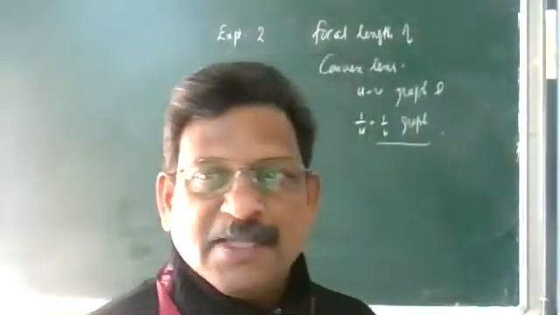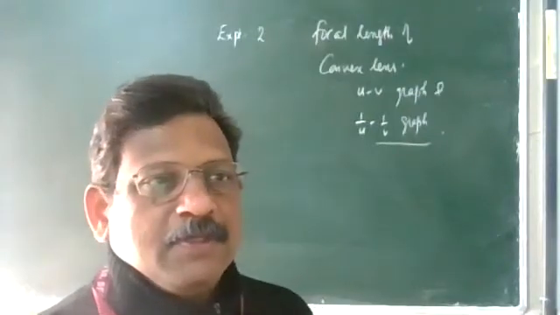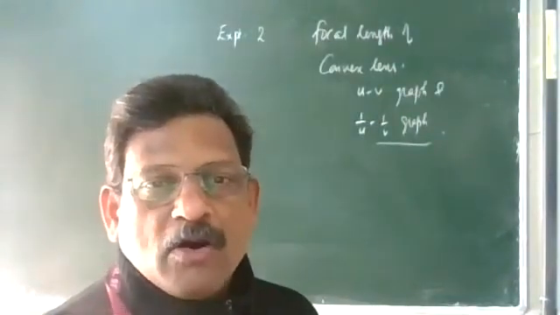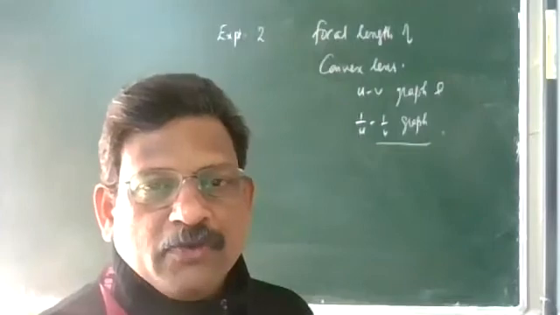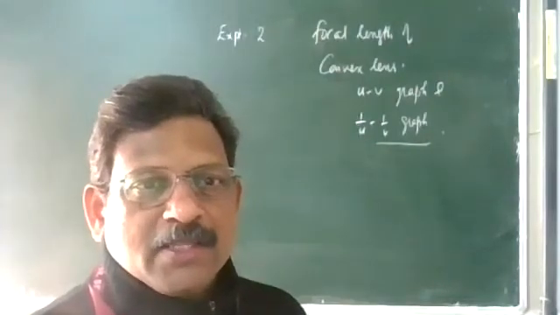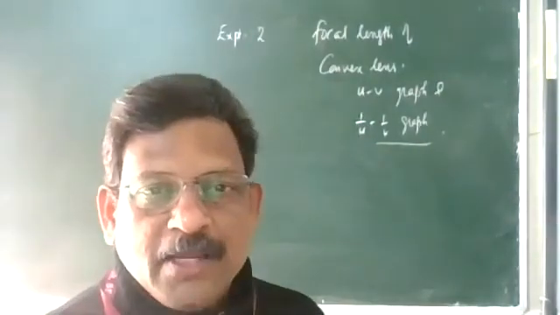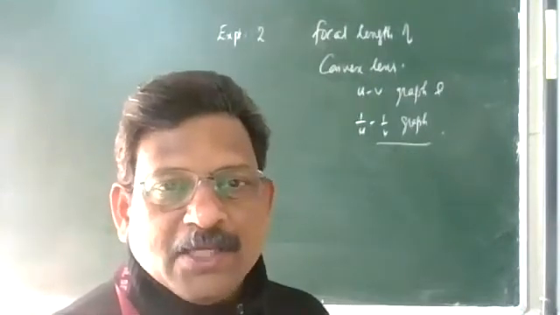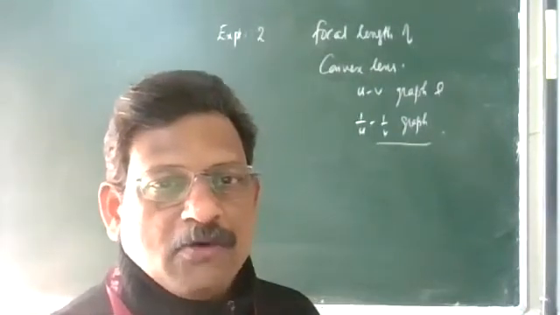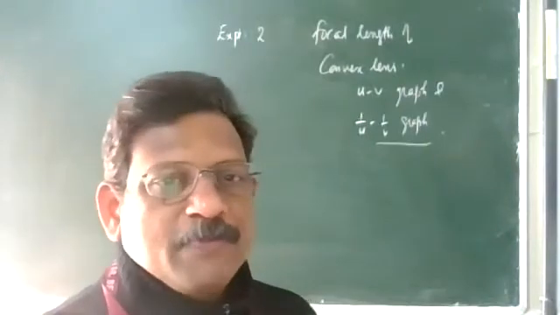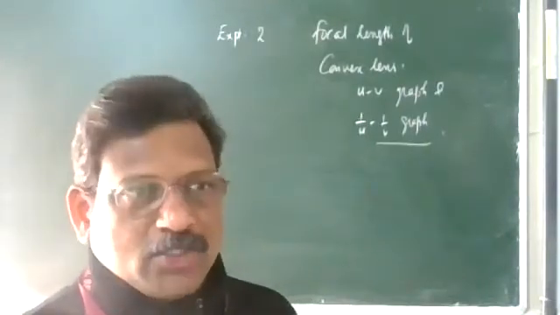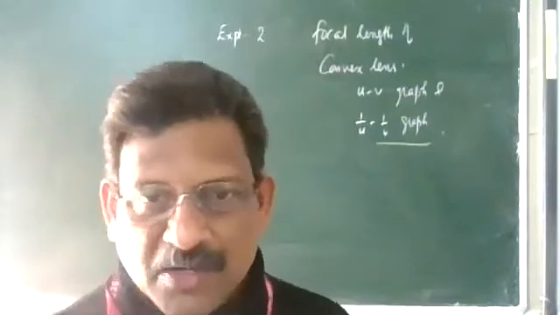So what are the arrangements? This is the basic of other experiments, just like the convex mirror focal length. If you recognize this easily, then you can do any other experiment related to this. This is by using the optical bench method, finding the focal length of a convex lens by removing the parallax. So you also learn in this how to remove the parallax.